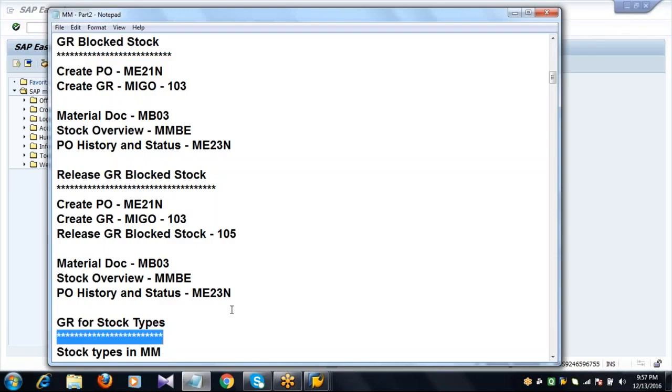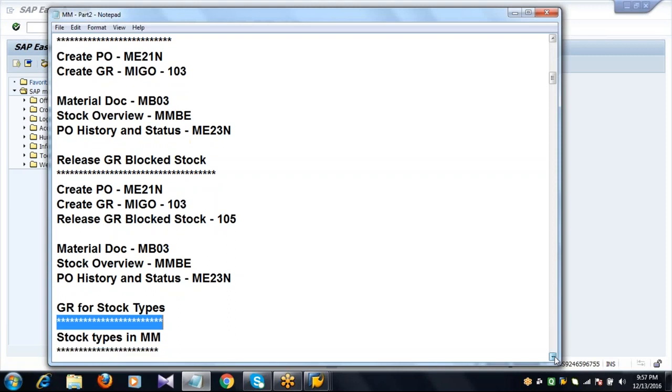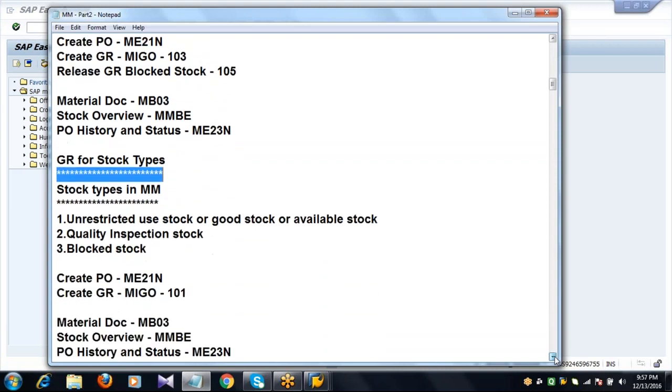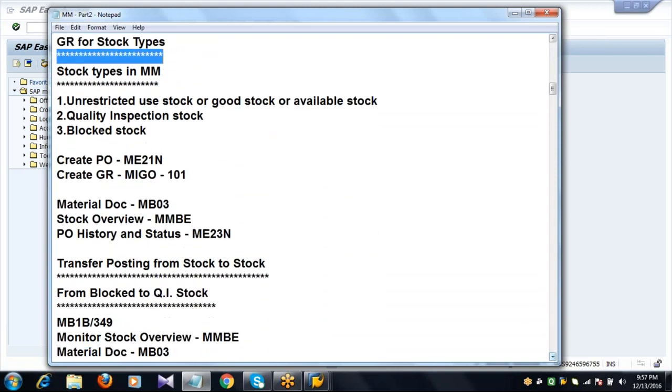Next, GR for stock types. Before going to GR for stock types, first of all, we need to discuss the stock types in MM. The different stock types or stock categories available in SAP MM are